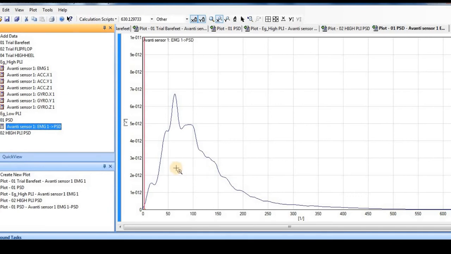So I conclude that with this power spectral density analysis, I have made two observations. One is that this is a decently fair signal where the power line interference is not much, and I can set my two cutoff frequencies for filtering of the raw EMG signal at 20 Hz and 550 Hz.